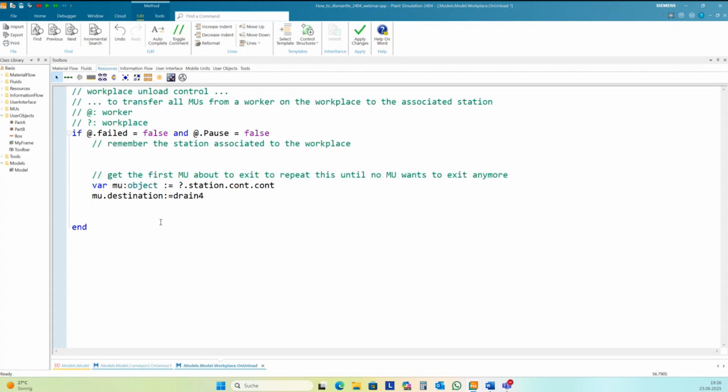And then I move this MU onto the worker. And the worker in this case is add. And then I use the same stuff, wait until